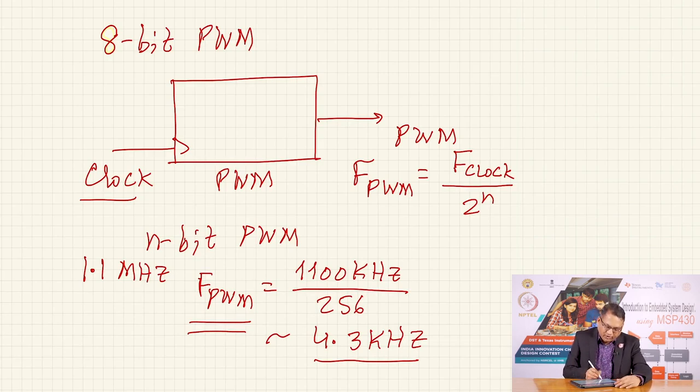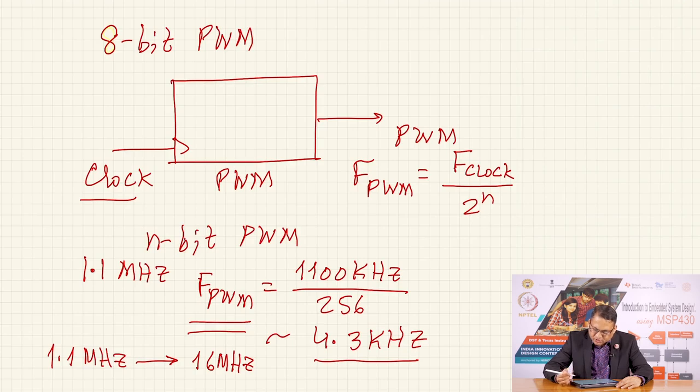The default is 1.1 megahertz, but I can use the DCO to generate MCLK and SMCLK, the two clocks used by the microcontroller, and I can go from 1.1 megahertz to 16 megahertz. So, if I choose to have a 16 megahertz clock,